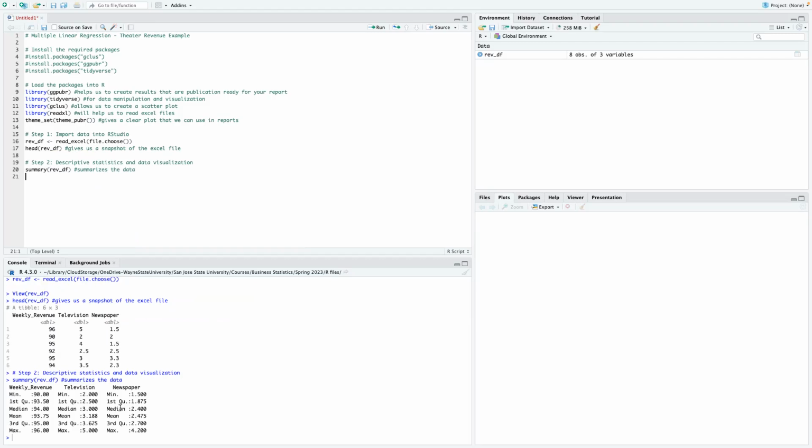All right, so this is sweet. So here is our summarized data, right? So we can see different descriptive statistics, right? We can see the central tendencies, you know, the mean, the median, the first quartile, the third quartile, the minimum, and the maximum, right? You can see all of those different